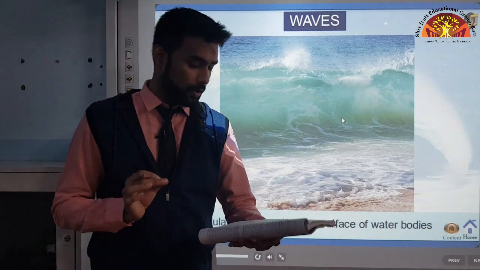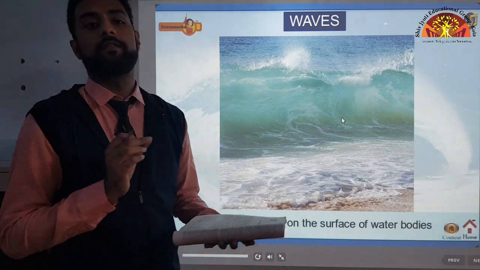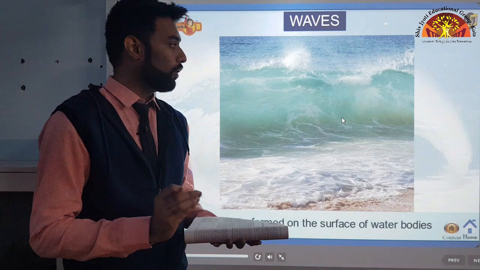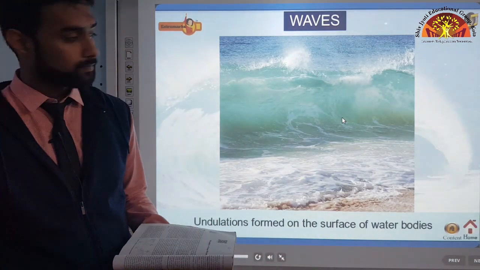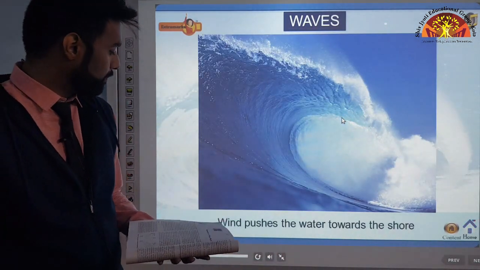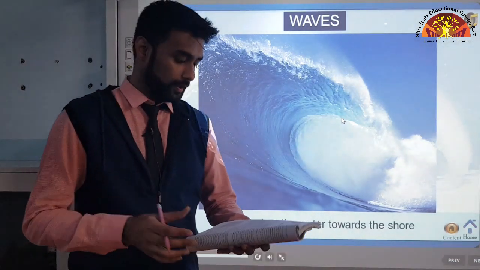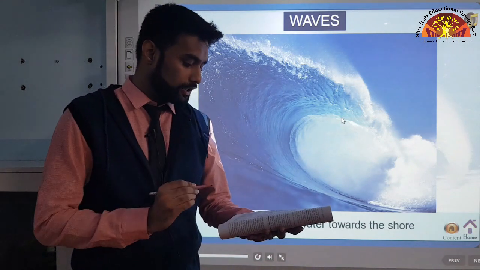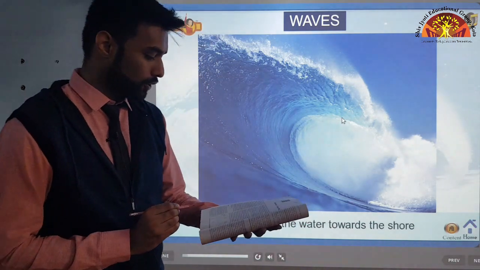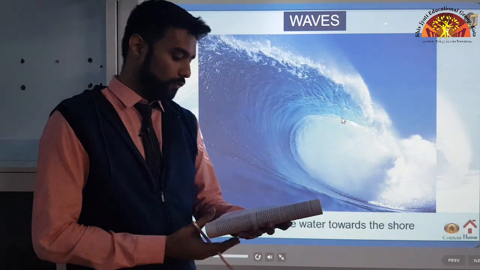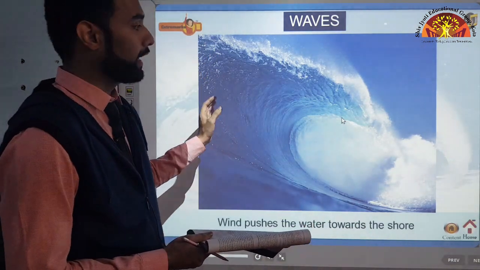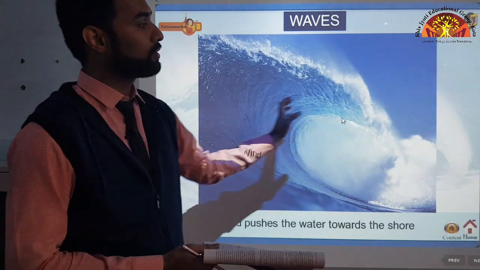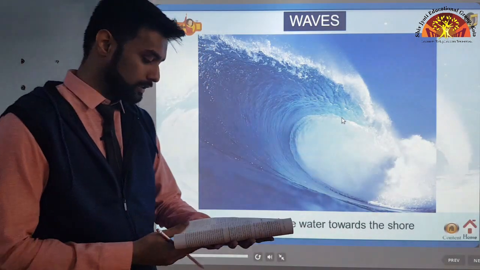Now this line here is very important. Wind provides energy to the waves. Okay. What factor causes waves to rise up and flow? It is the wind. Okay. Wind pushes the water towards the shore. Wind causes waves to travel in the ocean and the energy is released on shorelines. Underline till shorelines, that it is the wind which causes the water to form in the ocean. Okay, it causes waves to form in the ocean and then it pushes those waves towards the shoreline, which is the coast, the land part.